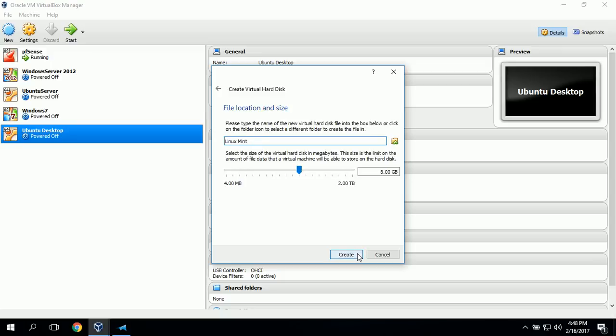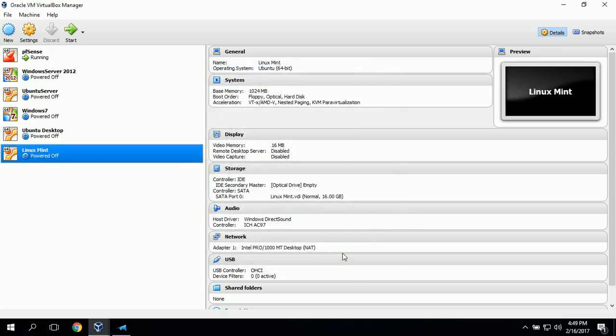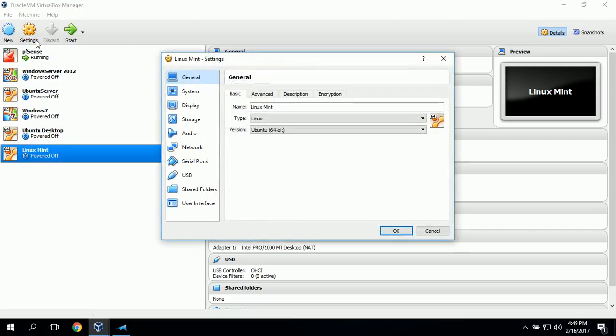It wants us to select a file location and size. We can leave it at Linux Mint, and for our file size we can actually bump this up to 16 gigabytes and click Create. Next, we need to adjust the settings, so we can make sure Linux Mint is selected and click on Settings,